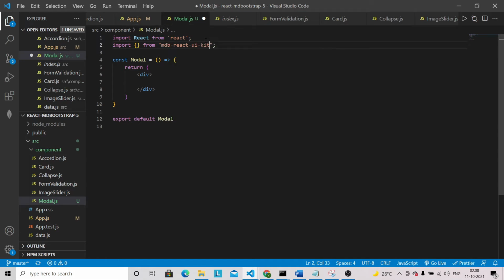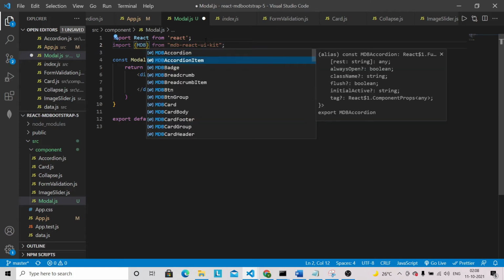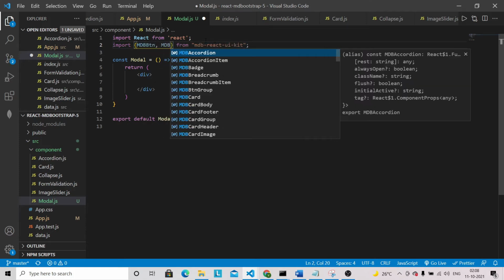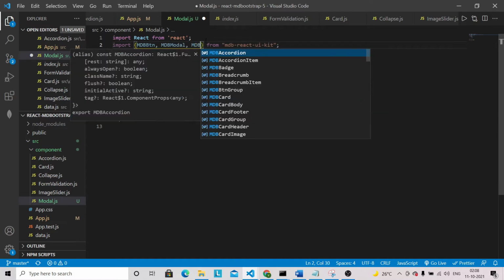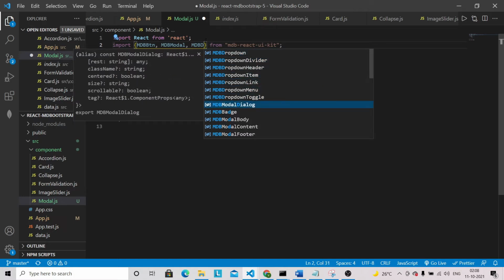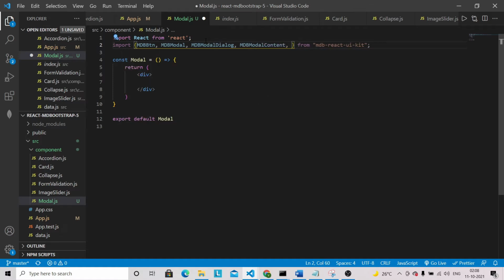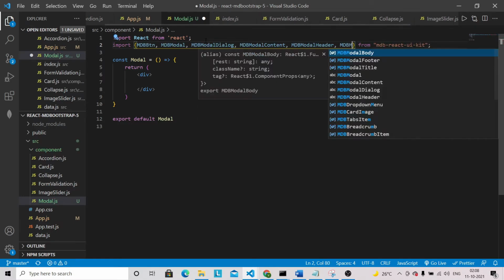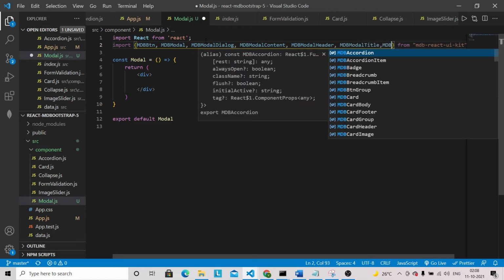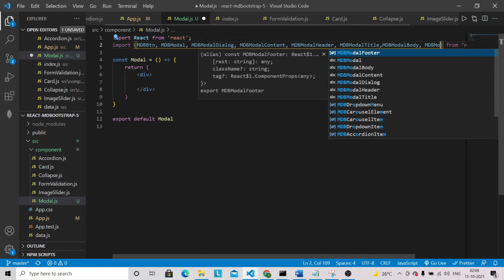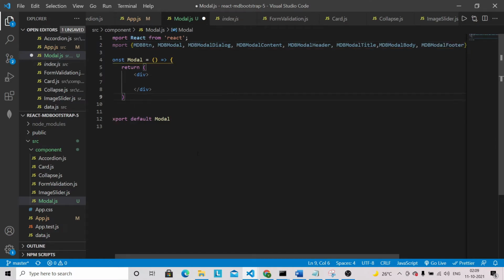We need some components: we are going to use a button, then a modal, then a modal dialog, then MDBModalContent, then MDBModalHeader, then MDBModalTitle, then MDBModalBody, then MDBModalFooter. All these components we need here.